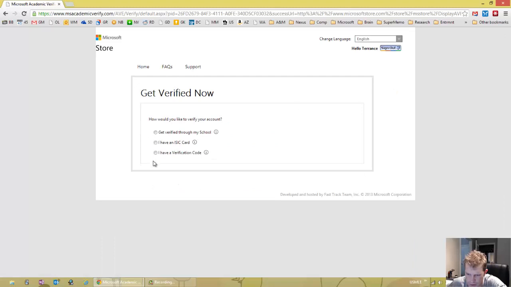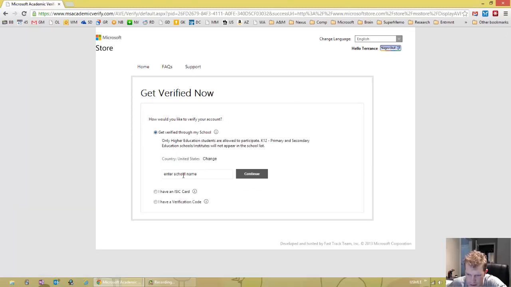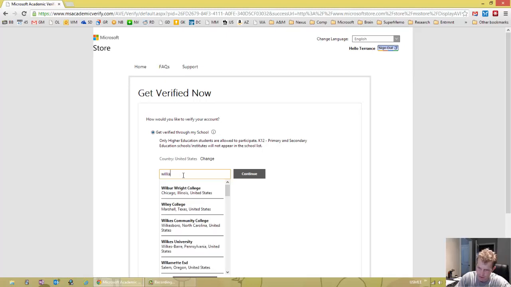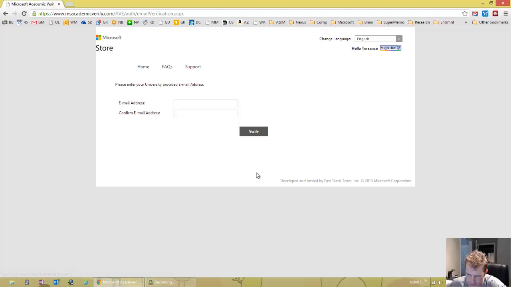So get verified through your school, or if you have one of these other things, which you probably don't, we'll go ahead and select get verified through your school. Let's say you go to Williams. Oops, I spelled that wrong. Williams University. Oh, here's one right here, Massachusetts, United States. Continue. Enter your .edu address here, your university address, and click verify. This will tie your university account to your newly created Outlook account, and then your newly created Outlook account will be considered eligible for student